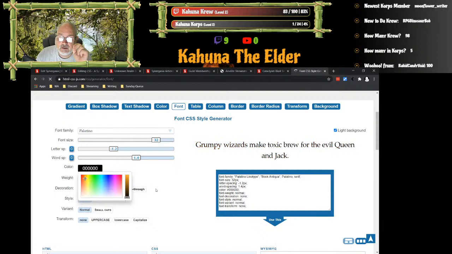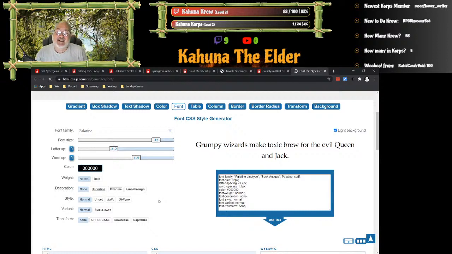Fairly simple. Believe it or not, there's a whole lot more you can do with fonts. These are just some basic things. There's all kinds of different transformations and everything that you can do. So this is going to be great to give you a start and to give you a basic idea.